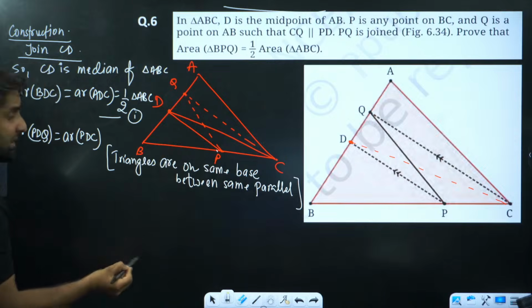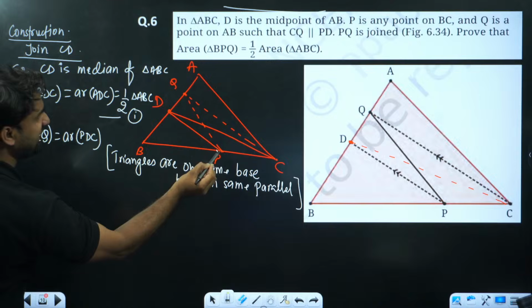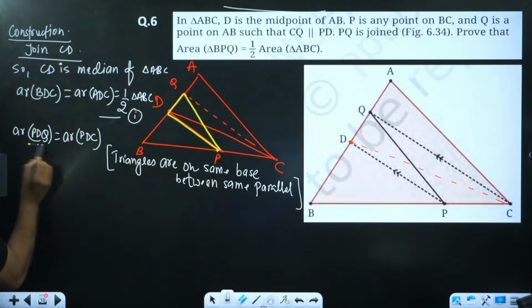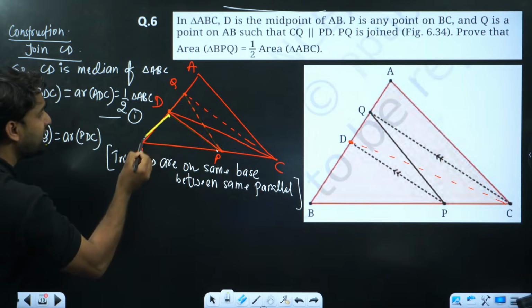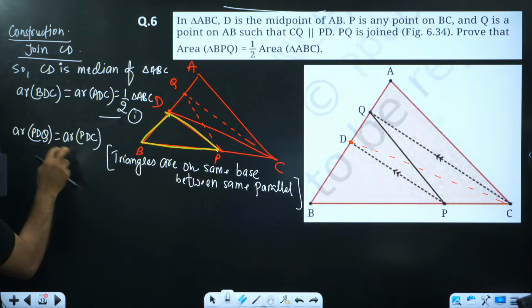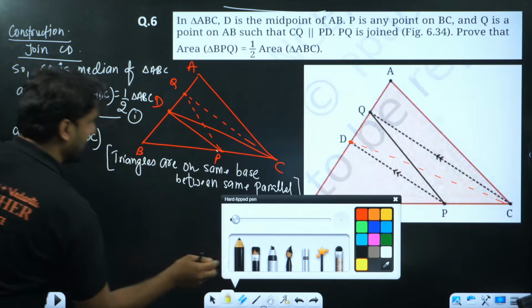BPQ. And we have already PDQ. This is PDQ. Look, here is PDQ. So if we add this part here in equation number 1, equation number 2, we can get something. Listen everyone, let's write, add